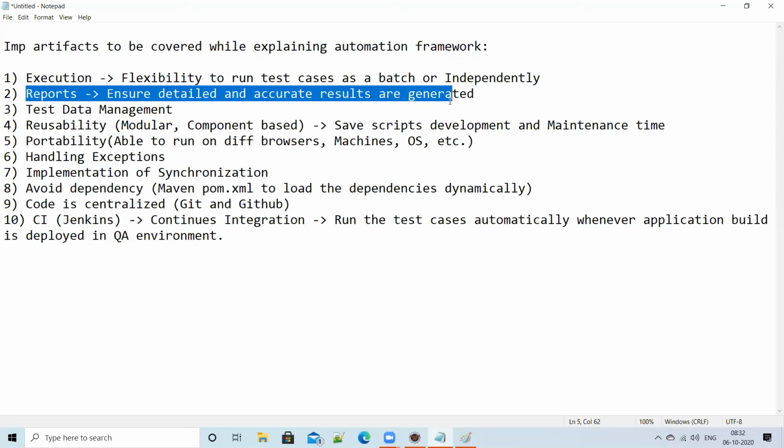Where you can see how many test cases are executed, how many test cases are passed, how many test cases are failed, at what time the test case execution started, what time ended, what is the total elapsed time, and who executed, on which machine the test cases are executed, and the number of steps failed, number of steps passed. And also for each test case, if I open a particular test result, I can see the step-by-step result with the screenshots. So explain that.